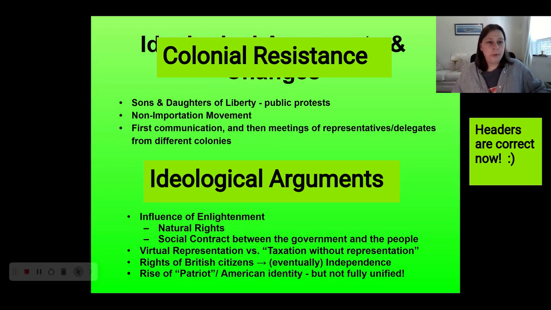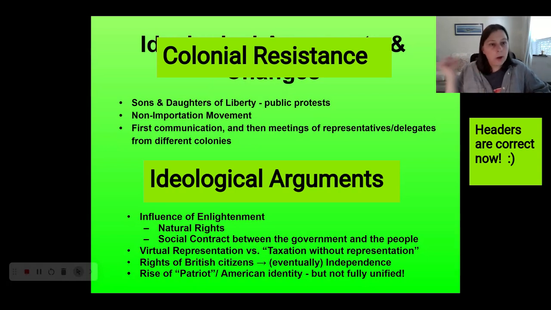And then another good example of colonial resistance, again, we're swapping those two headings, is that we start to see the colonies really for the first time making an effort to communicate with each other. So like Pennsylvania with Rhode Island and New York and Georgia or whomever. First through what are called committees of correspondence. These are just literal committees inside of the colonial legislatures that form with the goal of writing letters